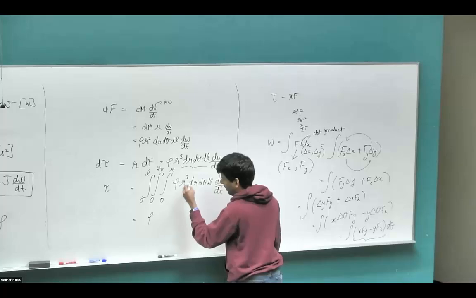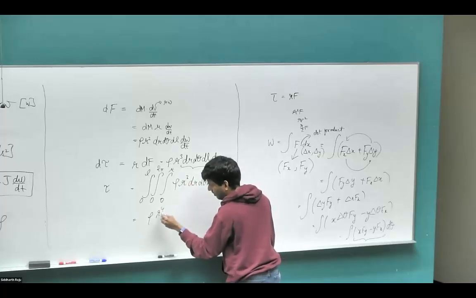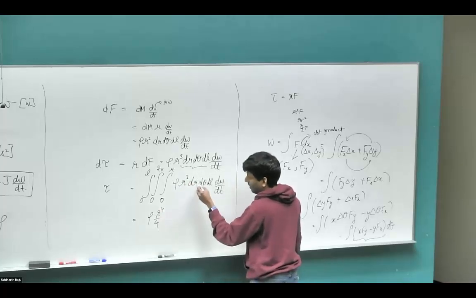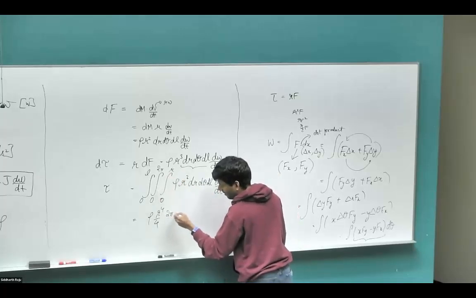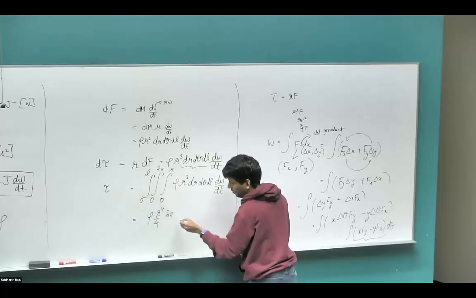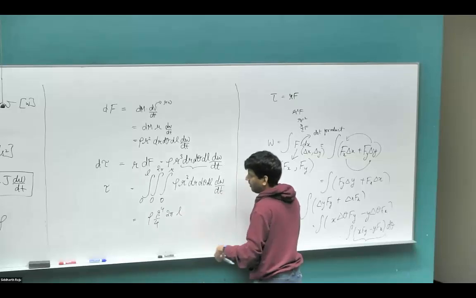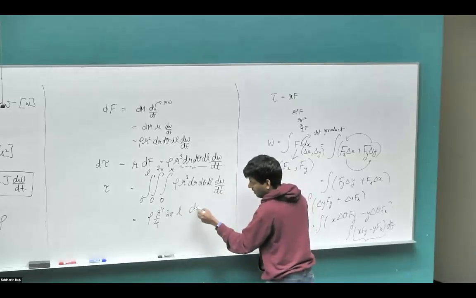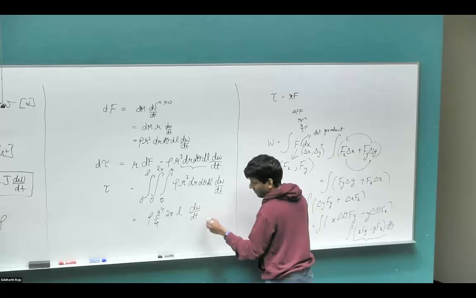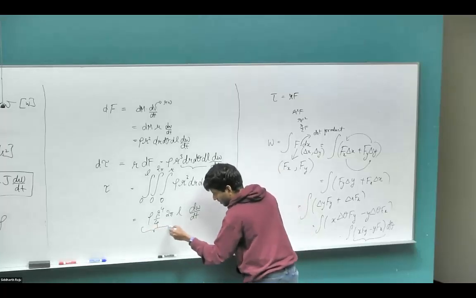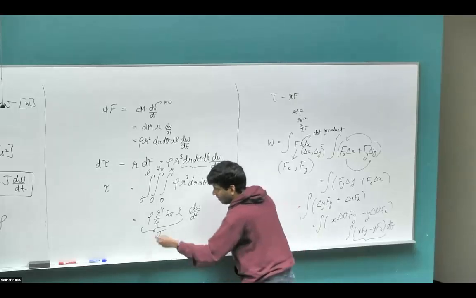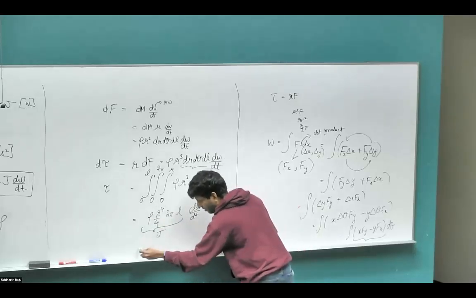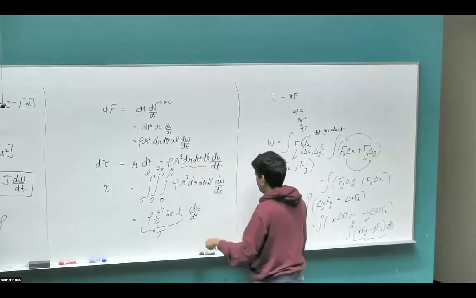So if you integrate r cubed dr, you end up with r to the power 4 divided by 4. And then 0 to 2 pi, if you integrate that, you would end up with 2 pi. And then dl, if you integrate from 0 to L, you end up with L. And then finally, d omega by dt. This we are going to call the moment of inertia, because all of these variables involved here are constant. So our torque